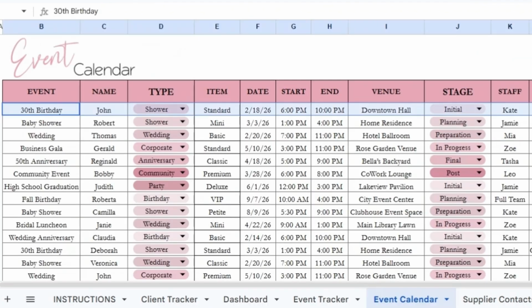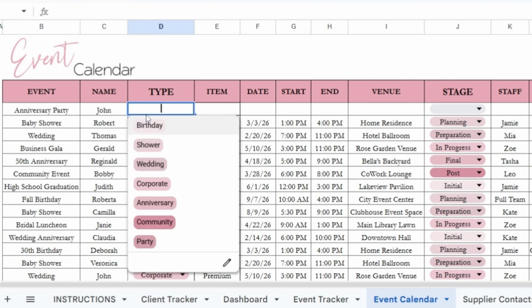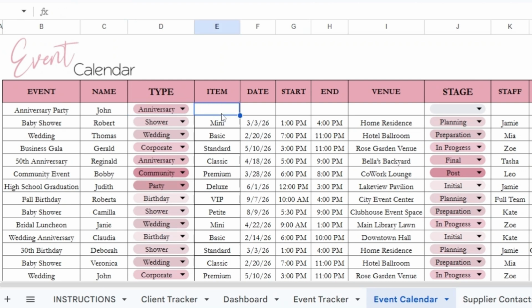This next part is just a quick event calendar. This is just to help you to go, okay, I can quickly remember what I have coming up in the next week or so or the next month so that I can keep track. We can put anniversary, party, the name of the contact, the type, the item that they purchased, and then the date of the party, the start of the party, the end time, the venue,